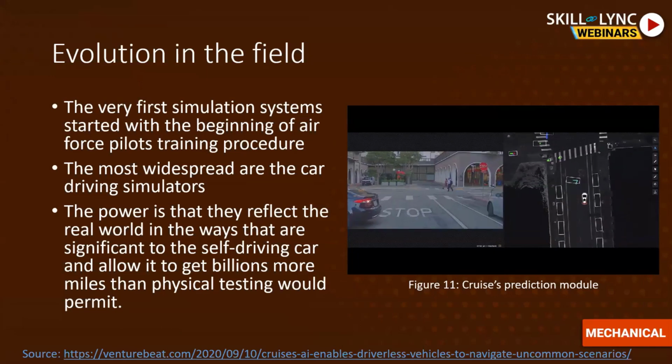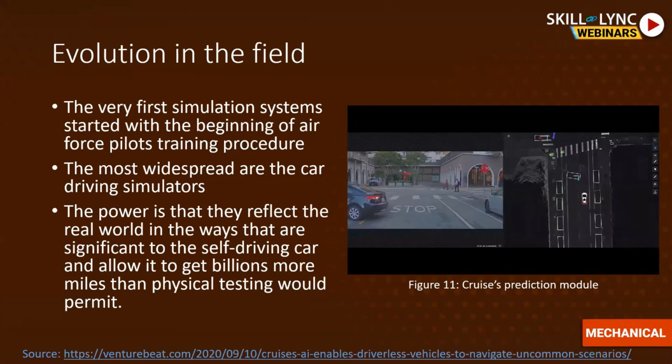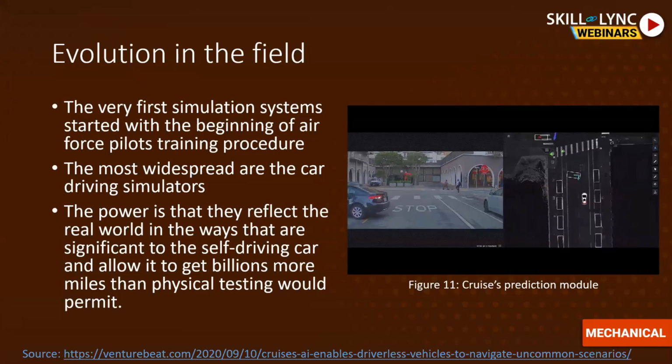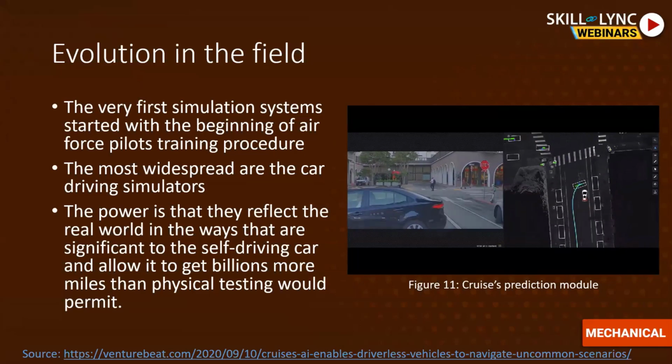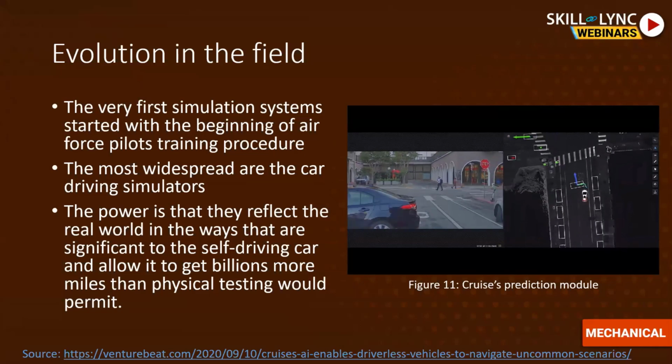So this is one specific example which I found on the Cruise website. This is one of the leading automated driving companies. You can see that when the person is trying to take the vehicle in reverse, the green trajectory predicted by the autonomous vehicle very precisely says that the person is now going to take a U-turn. This would not have been possible if the prediction module was not so advanced and had not been trained so much in detail. But yes, with more and more training, you can get much more precise results.